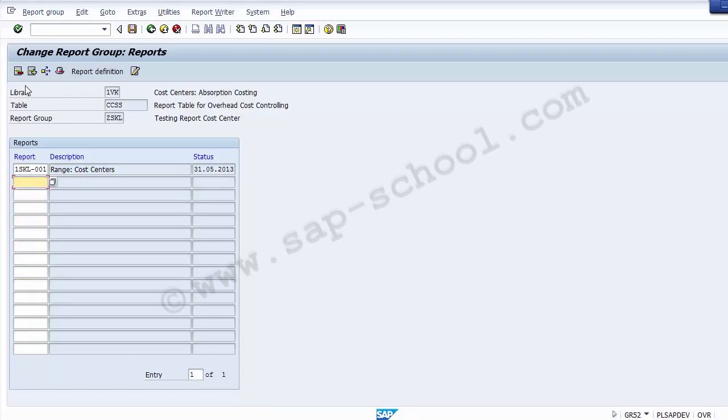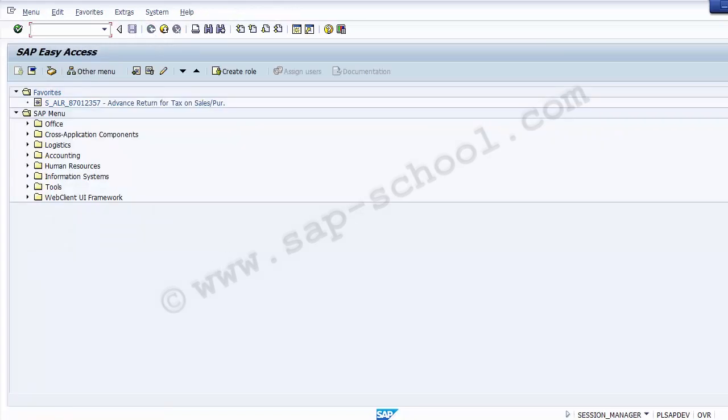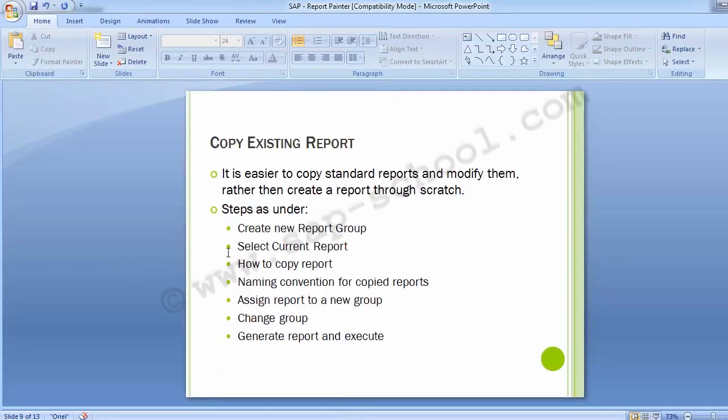So these are the two options of assigning the report to the report group. Now we can save the screen over here, and the report group has been created. Once the report group has been created, we can go back to the next step, and that is